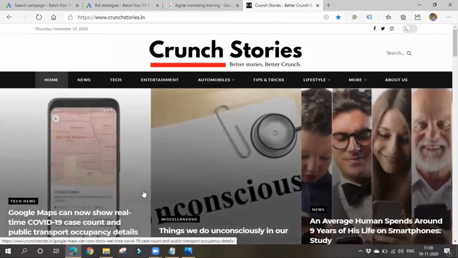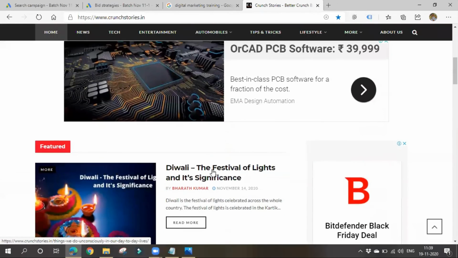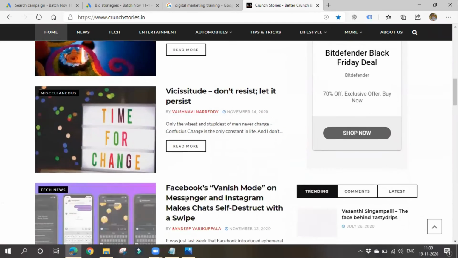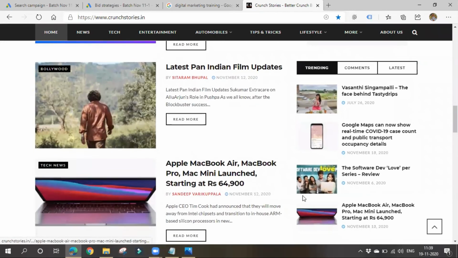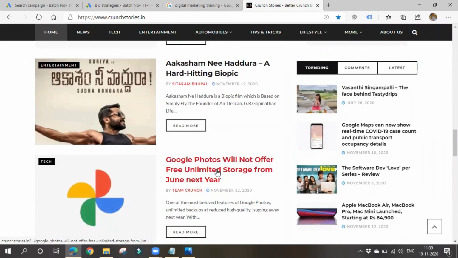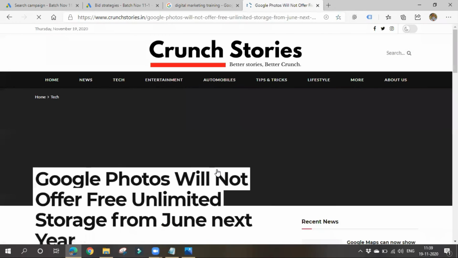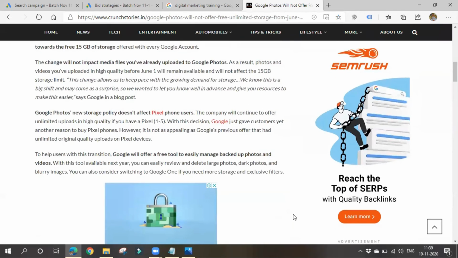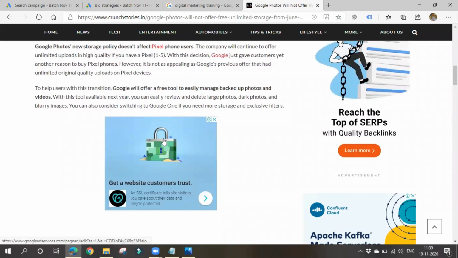In case of viewable CPM, the viewer has to scroll down and see your ad. Only then will Google charge. Below also there might be many ads. After he scrolls down and sees that particular ad, only then will Google charge in case of viewable CPM. But in case of CPM, whether he sees the ad or not, as the page loaded, every advertiser on this page should pay Google. Understood? What is the difference between CPM and viewable CPM?